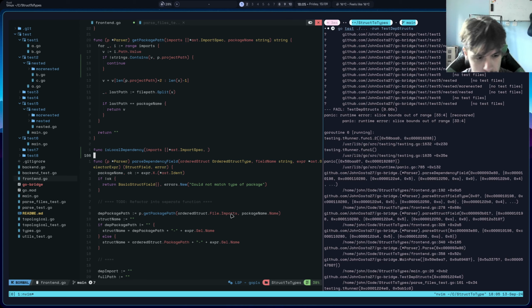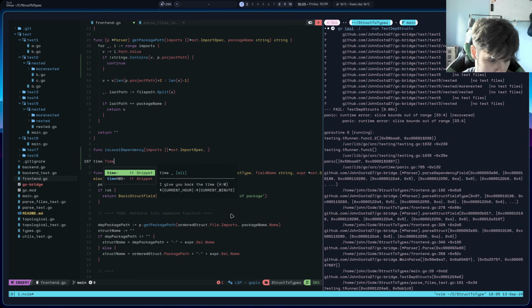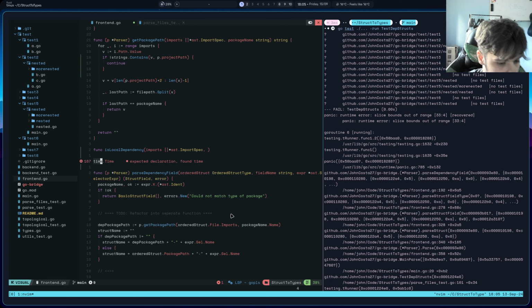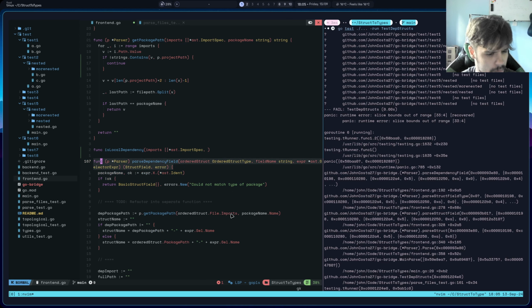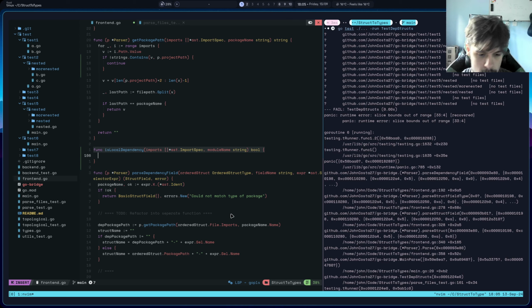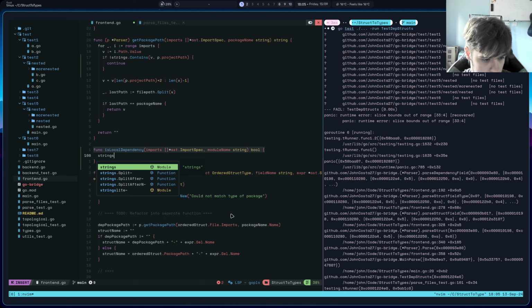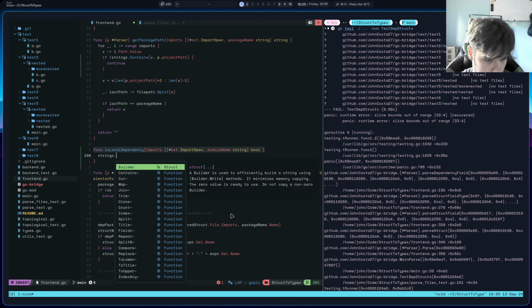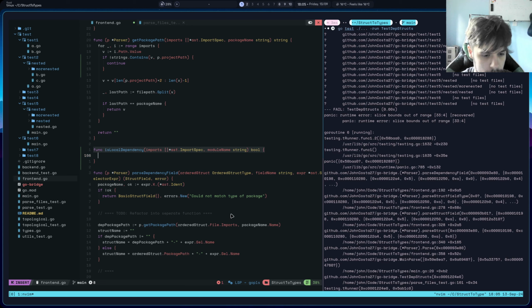What would you call this part when you do something like time.Time? Module name. I'm not sure, I'm going to call it module name. Returns a boolean. And then we're going to use some of the strings package. Well, actually, we can do